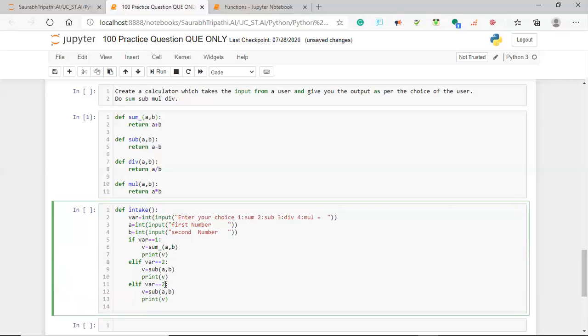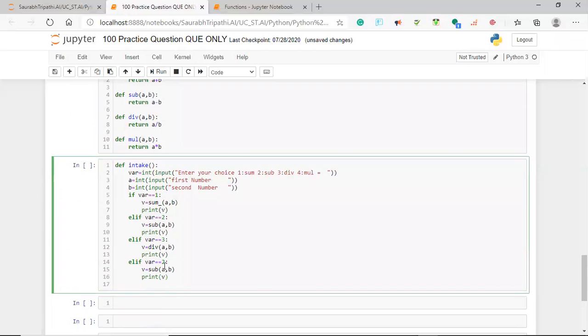and let me print it. Let me make the choice 3. I'm again calling the function. Which function will be called here? Division. So for division, again enter, again the values, and the choice will be 4. The subtraction will be replaced by multiplication, because fourth is multiplication, and this should do everything, I believe. It will work perfectly. I don't see any issue right now.